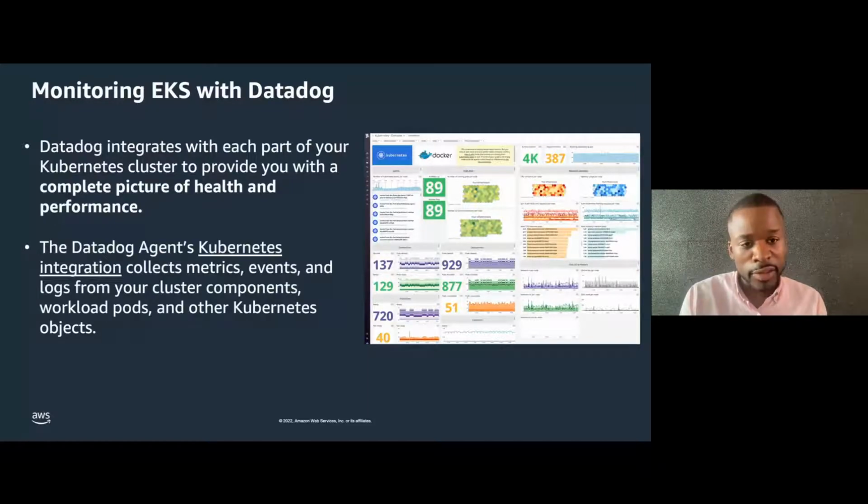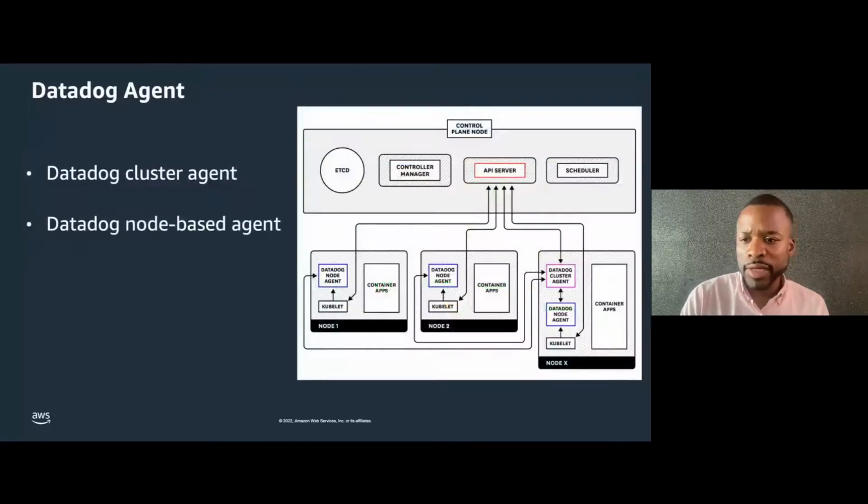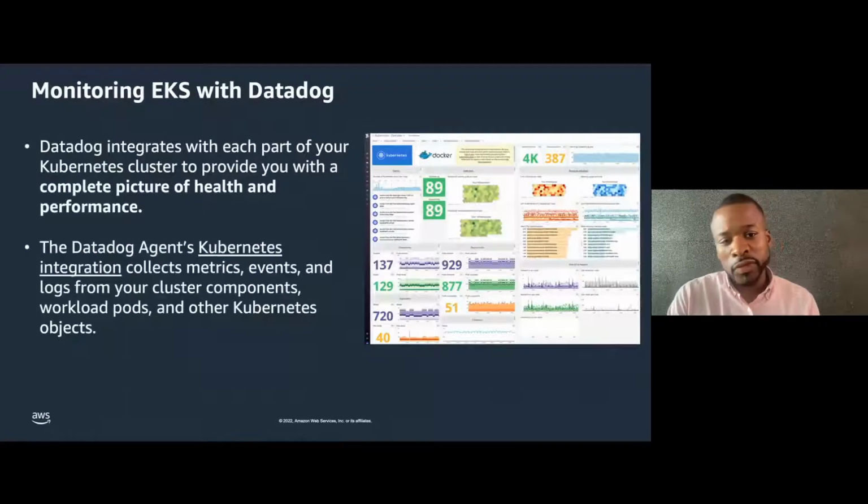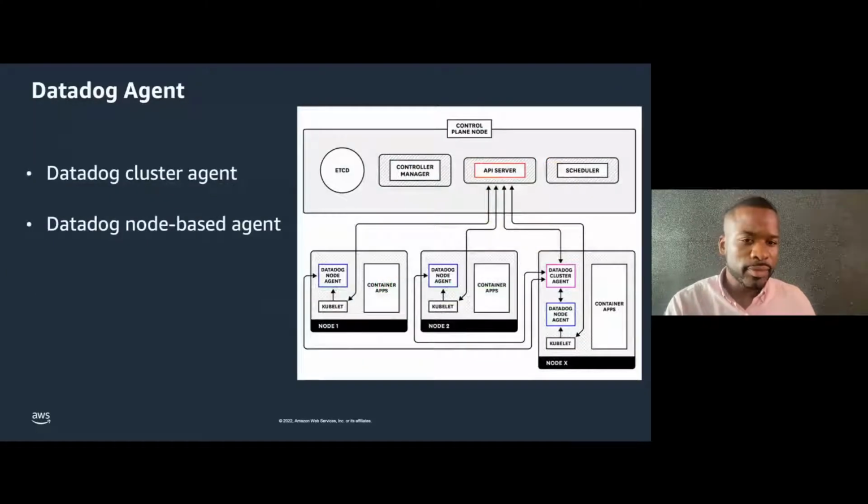Also being able to take advantage of, as Lucas was talking about before, the three pillars of observability: metrics, traces, and logs, and Datadog does that and more. So you can do that today with EKS, and we also provide a very performant agent in order to do that. And just to give you an idea of what that looks like underneath the hood and how it works,